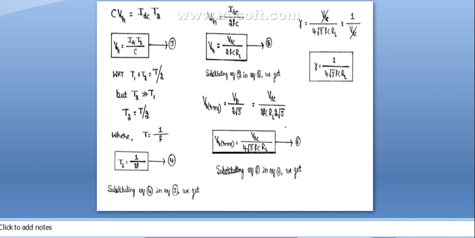How to decrease the ripple factor? The ripple factor may be decreased by increasing C or RL. So by increasing the capacitor value, or by increasing the load resistor RL, the ripple may be decreased in this capacitor filter. So that is about the capacitor filter.